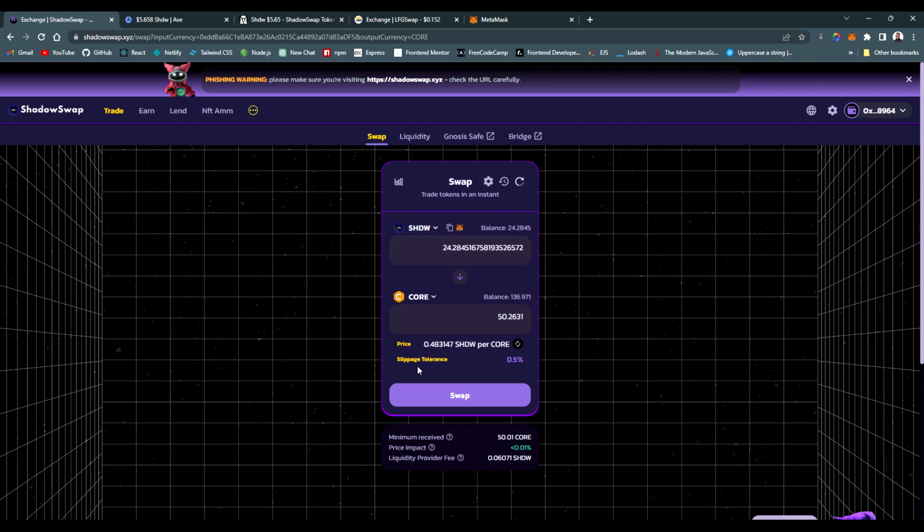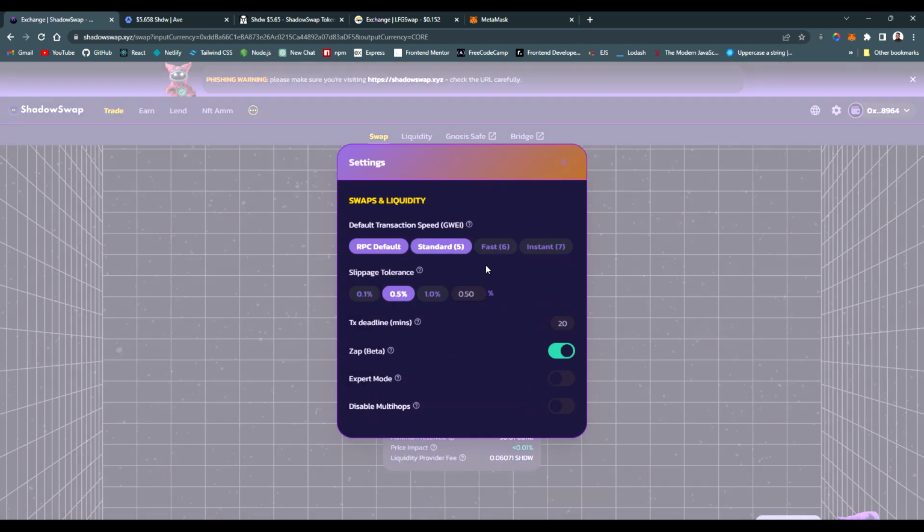And you want to keep this slippage tolerance on 0.5%, you can change that here. And that's another key important thing. The tokens that you want to be trading must not have a buy and sell tax, right? That's very key for you to note. They must not have a buy and sell tax, because if they have buy and sell tax, they are not